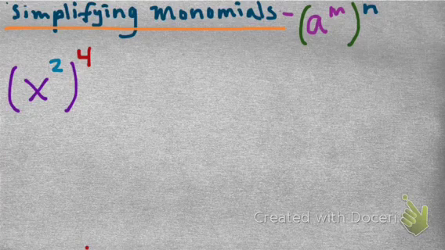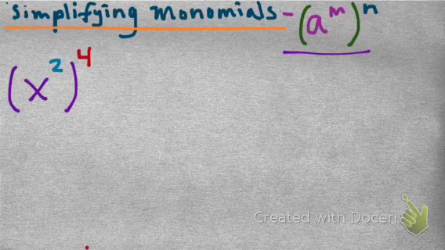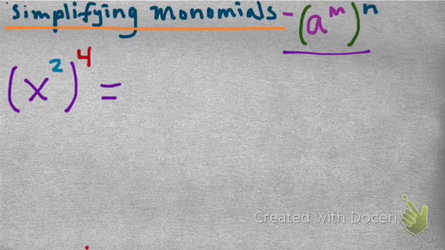The second property that we learned for simplifying monomials is called the properties of powers. And it usually is of the form, like over here, a^m in parentheses raised to another power n. So if we do this example I have over here with x in it, we've got x squared raised to the fourth power. So again, exponents are like copies, and so I could think about this as, oh, I've got